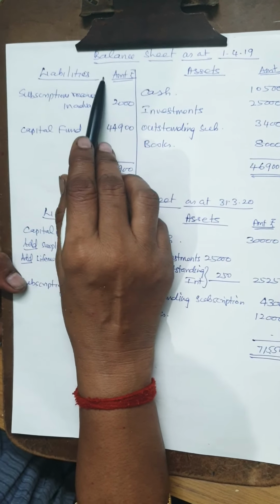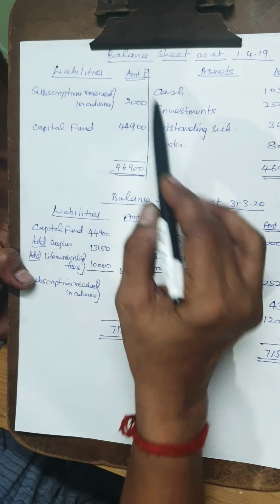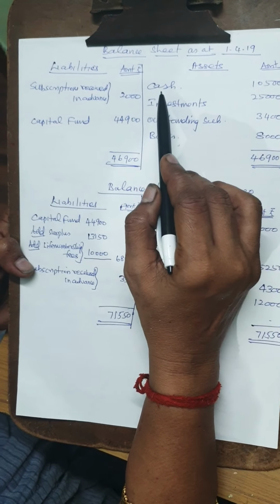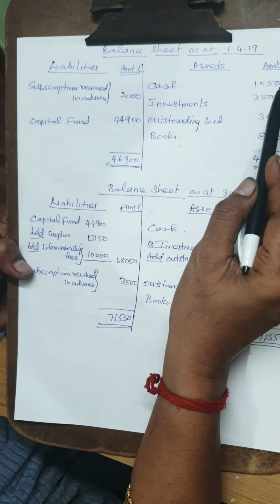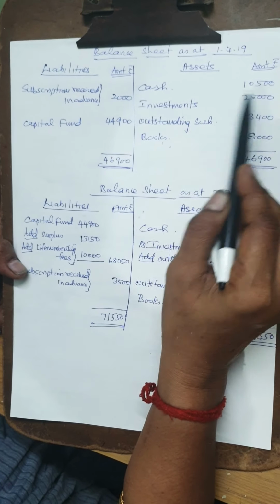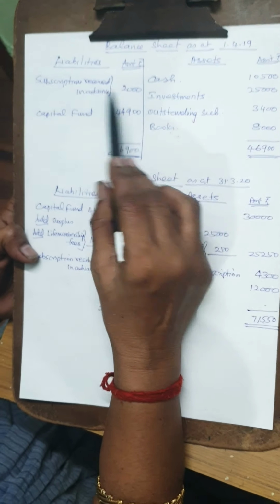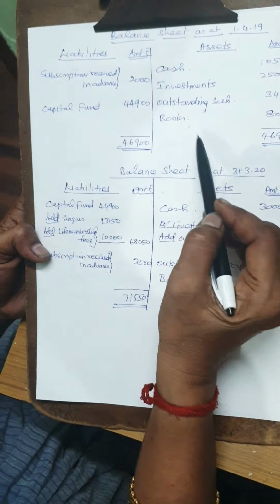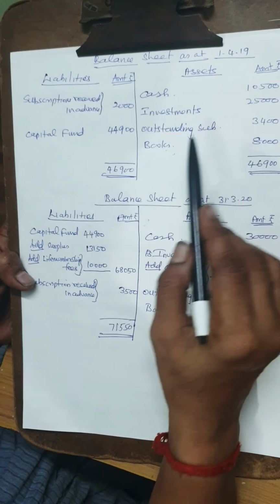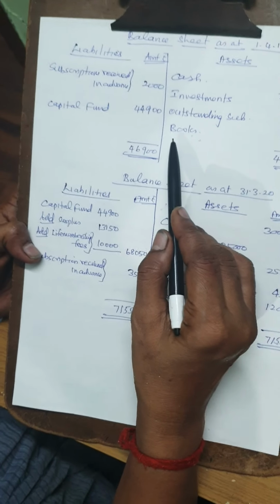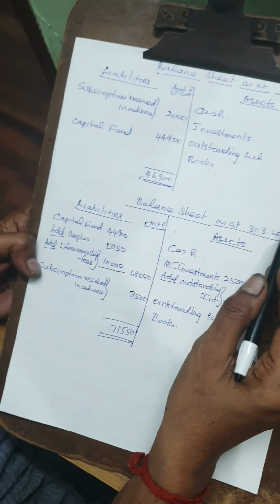So on the liability side, whatever these details are given in the adjustment except cash. Cash 10,500 is nothing but opening balance in the receipts and payments account. All the other details are from the adjustment. Investment 25,000, outstanding subscription 3,400, books 8,000. All these are given